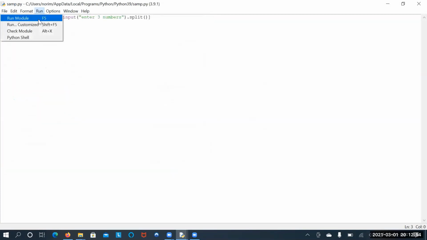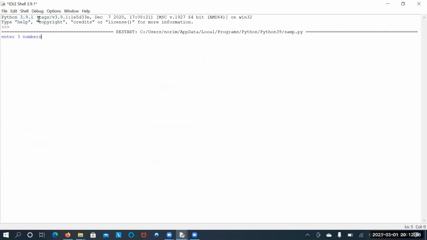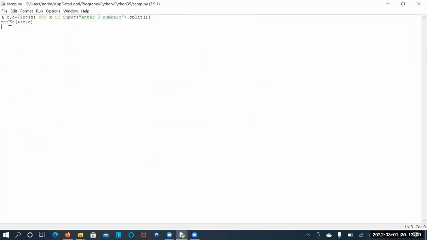Okay, so see here, enter three numbers: 12, 13, 15. Directly, the output is that it summed all these three numbers and the output is 40. So by using a single statement, I can read as many multiple input values as I wish. This is a beautiful concept which is allowed only in Python, not in any other languages.